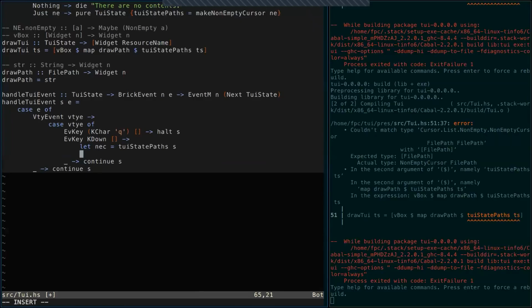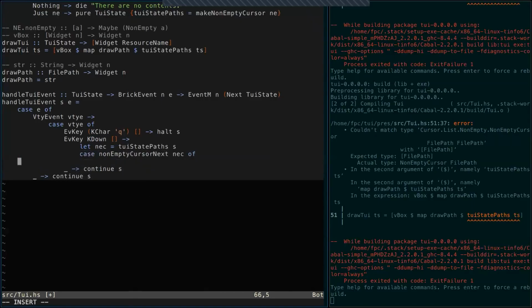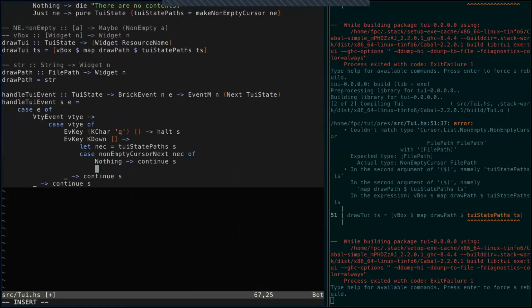That's the non-empty cursor. Now we want to apply non-empty cursor next to this non-empty cursor, but this can fail. So if it fails, in that case, we want to still continue with the application, but now we want nothing to happen. So we just continue with the current state. If it succeeds, then we get a new non-empty cursor, in which case we want to put that back into the state